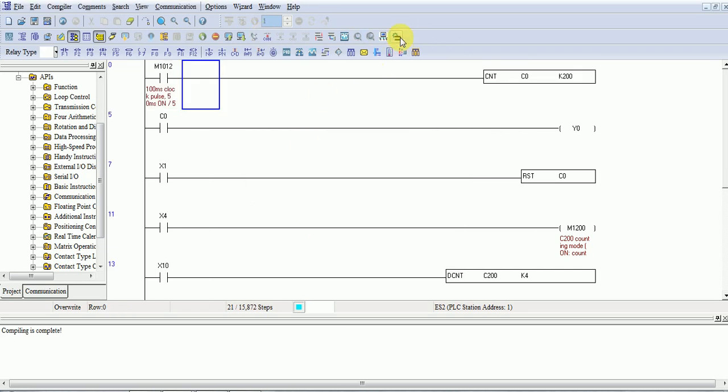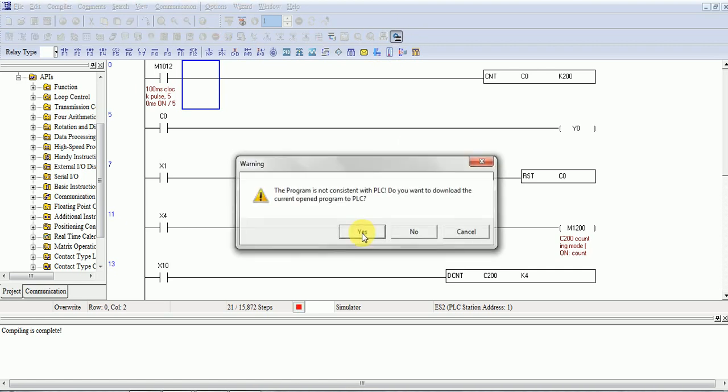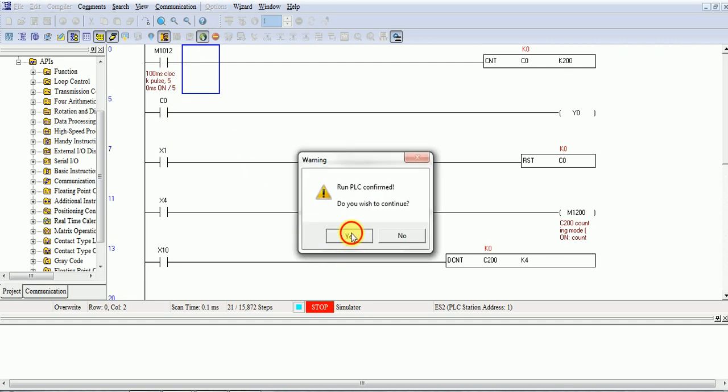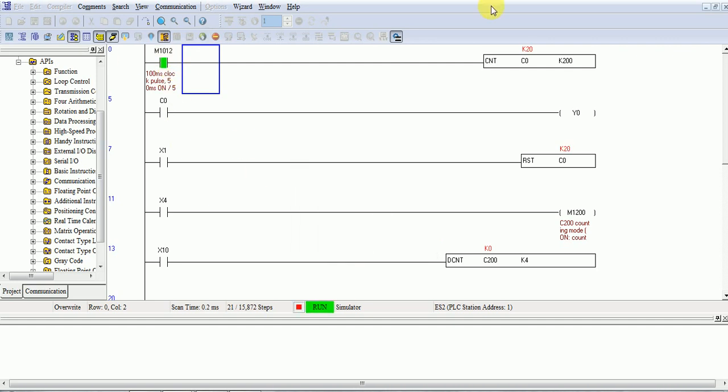It will make your concept of the counter clearer. You can see it continuously turns on and off, and your counter is working and counting the on-off pulses. When the accumulative value is equal to your preset value, the output will turn on.